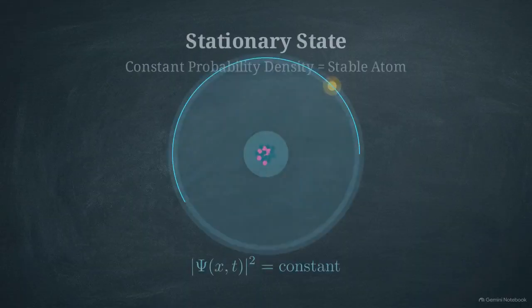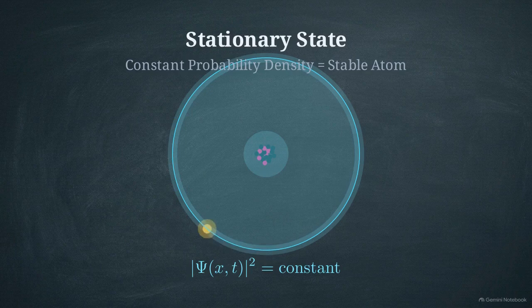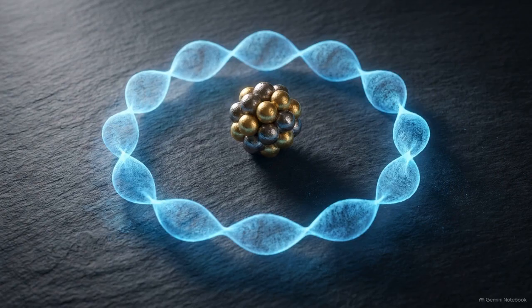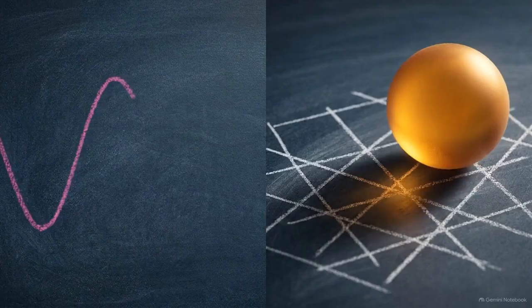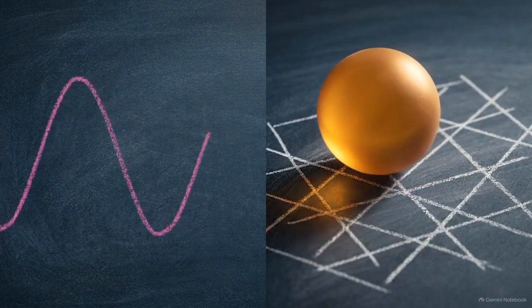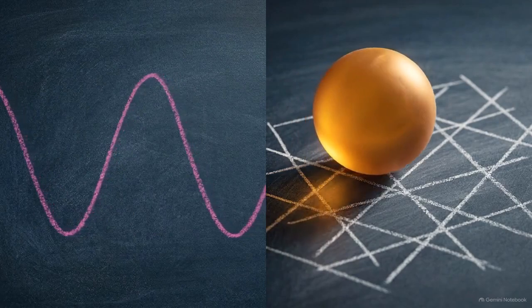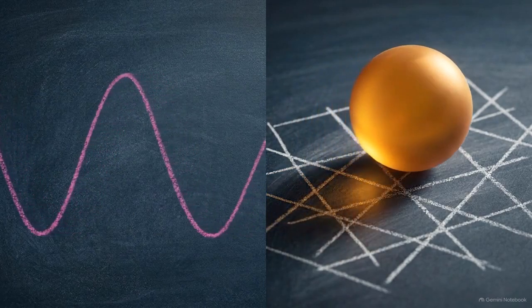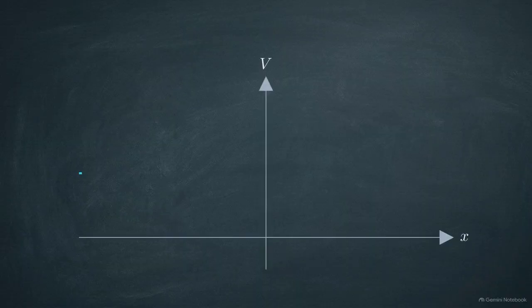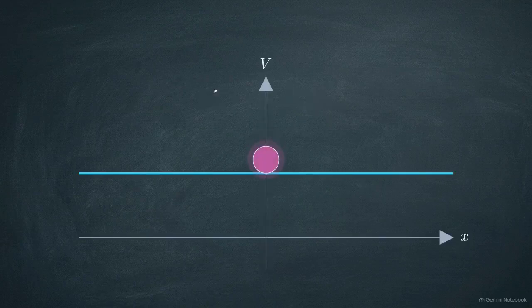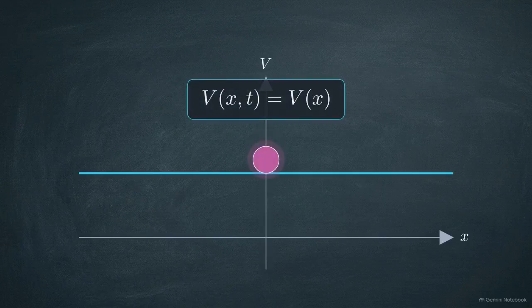This result explained why bound electrons don't constantly radiate energy and collapse into the nucleus. Because a definite energy state forms a stationary standing wave, the charge distribution does not move. However, if every allowed energy level is a stationary standing wave, we are left without a mathematical mechanism to explain a moving classical world. The time-independent equation is a special case, applicable only when the potential remains constant with time.